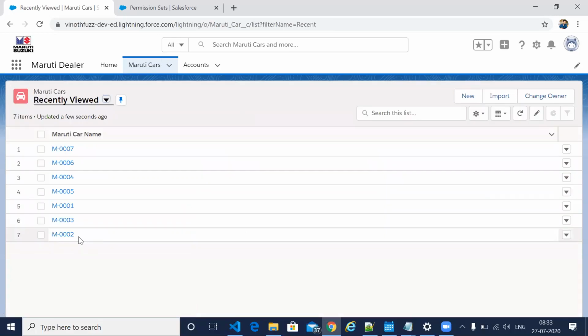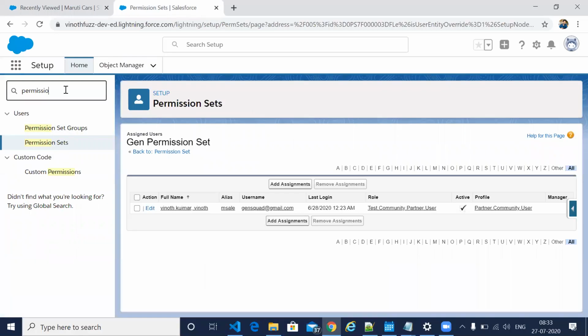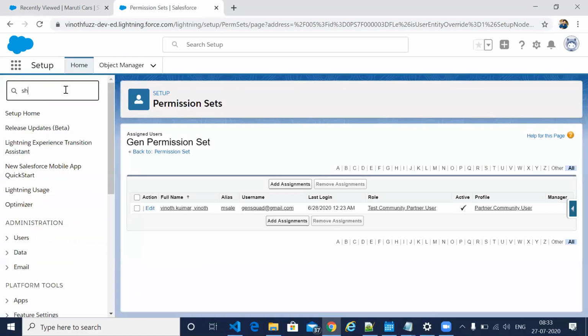But let's say he has to see record number 2, but he shouldn't see record number 3. That depends on some conditions, and according to the conditions we make, he will not be able to see it. So to control the record level settings, we have something called sharing settings.